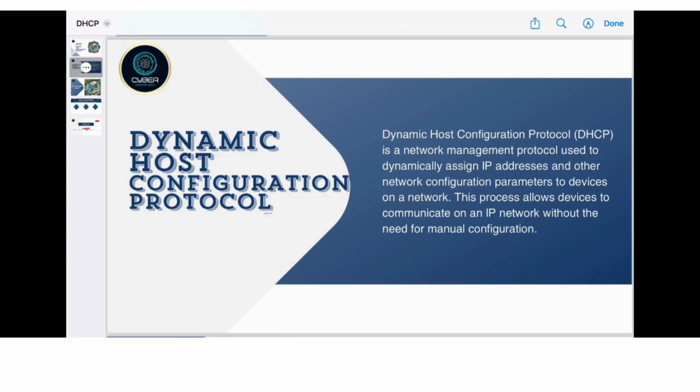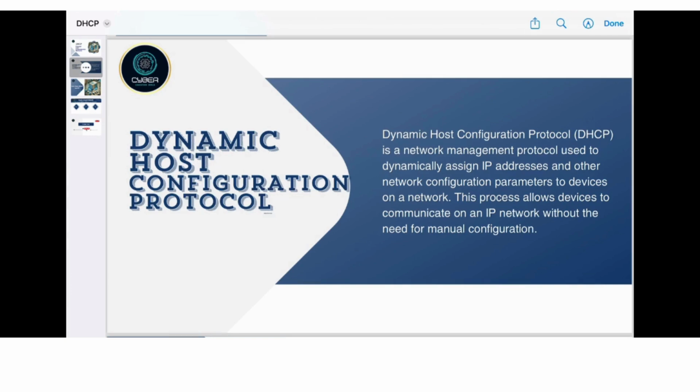DHCP is a system for assigning IP addresses to each network device, known as a host, on an organization's network. A host may be a desktop computer, a laptop, a tablet, a smartphone, or another type of device. Each host must have an IP address to communicate with other devices over the internet. The DHCP network protocol assigns addresses automatically, rather than requiring the network administrator to make manual assignments.